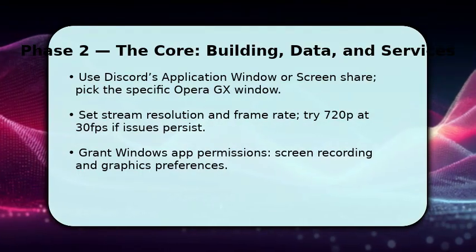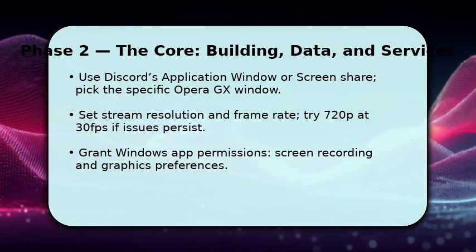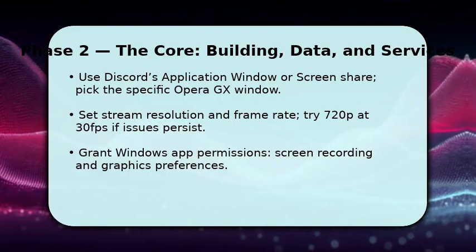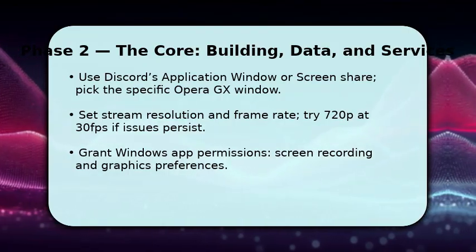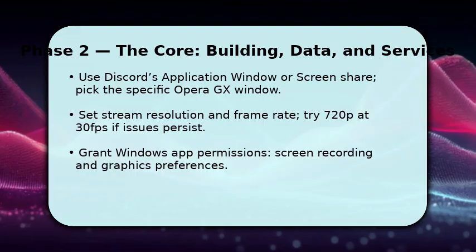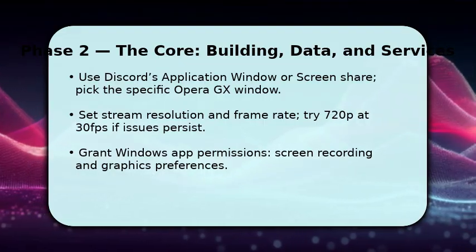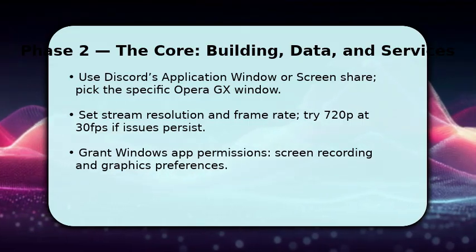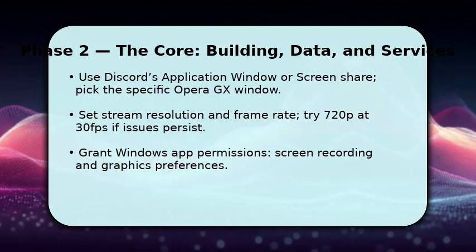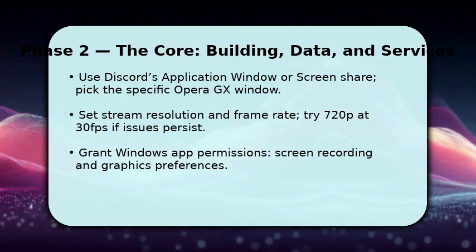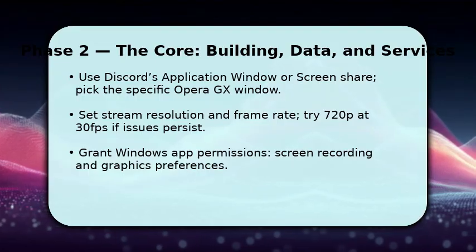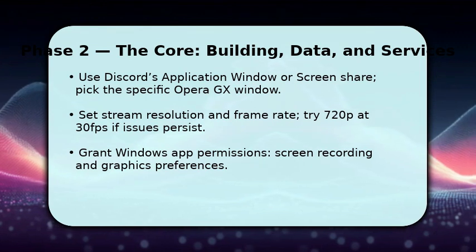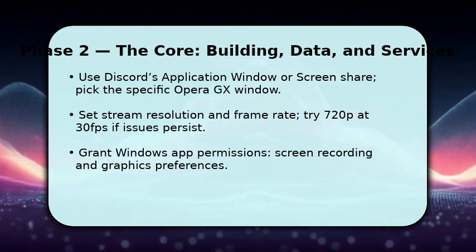Now choose exactly what to share. Select the Opera GX window from Discord's application window list rather than the entire screen because that isolates the feed. Make sure you set a moderate resolution like 720p at 30 frames per second. Lowering settings reduces encoding strain. Next, confirm Windows has granted relevant permissions and that Opera GX is allowed to capture and be captured. If you've changed graphics preferences, make sure Opera GX and Discord are assigned to the same GPU in Windows graphics